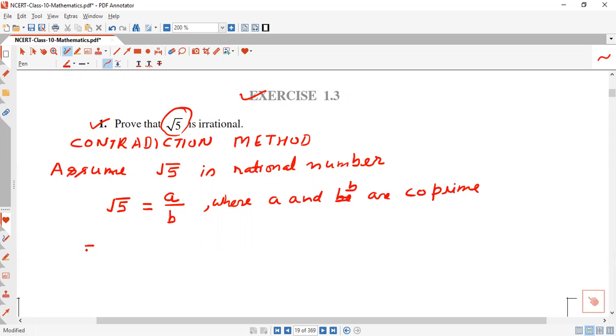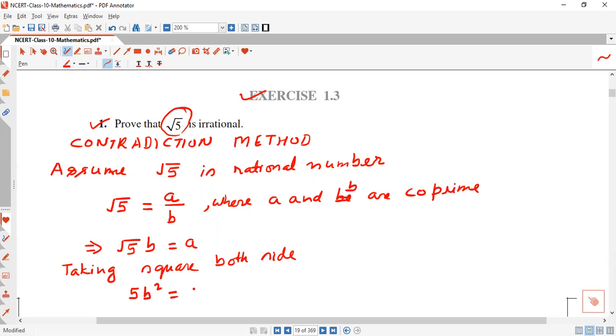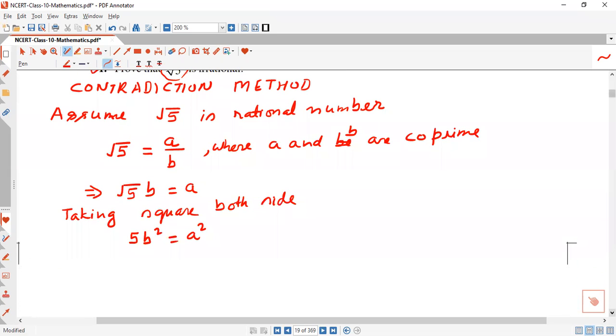Now we can write this number as root 5 into b equal to a. Taking square on both sides, what are we getting? 5b square equals a square. So 5b square equals a square,